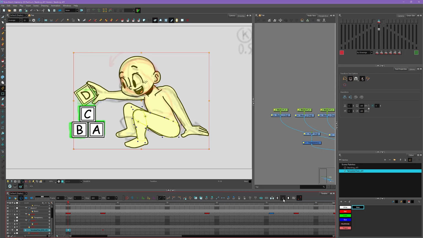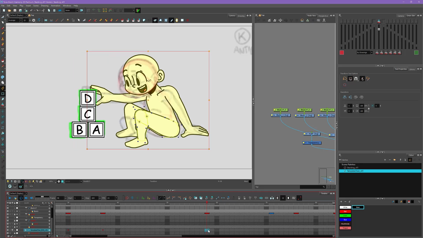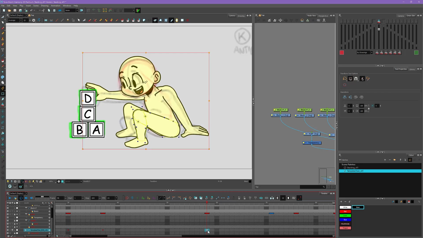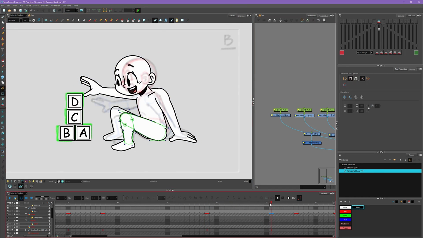So in this case, I'm going to switch to keyframe only mode, copy this keyframe, go down to my next keyframe that I want to paste, and press Ctrl V. And you can see he's moved forward, he's done this exact same pose, except all the drawings are kept as what we had before. So his hand stays the same, it's not grabbing the block again, things like that. So pretty useful for copying and pasting poses. I like to set it back to frames and keyframes after I'm done with it though, just so I don't forget that that option was changed to something else before.